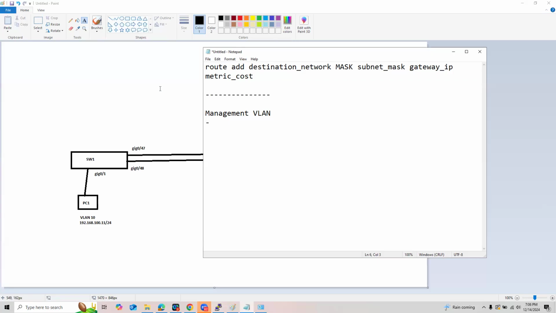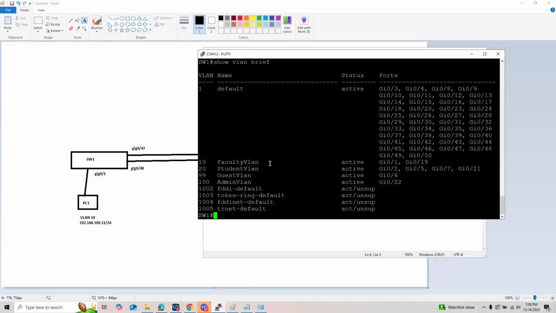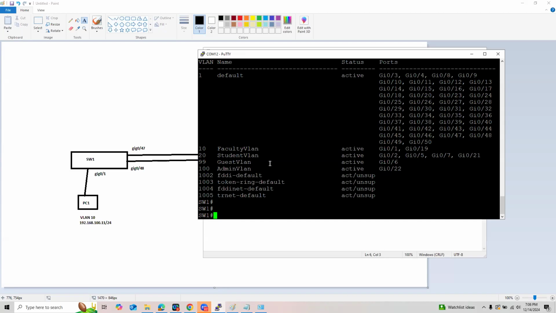All right? Now, to remotely manage, for example, switch one, because I only have one console cable here. Currently, my computer is connected to the console port of switch one. So this console connection is connected to switch one. That's why what you have seen here is the CLI of switch one. Later on, I'm going to transfer to switch two.